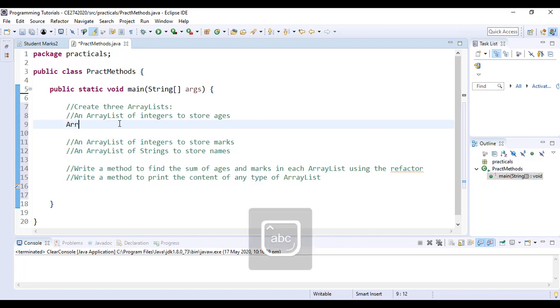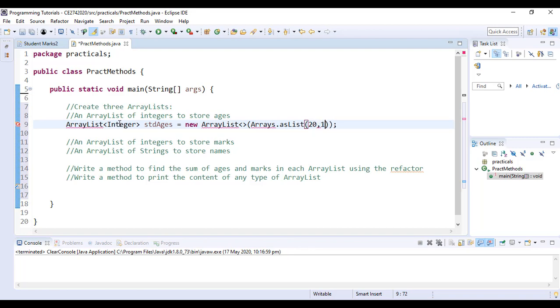So we start with the array list and we want it to store integers, and we give it a name, student ages, new, and we want to add the content during the creation. So assuming we have students with the following ages,